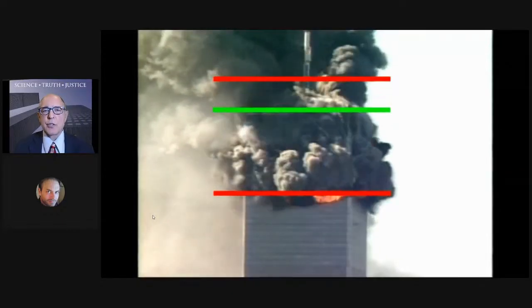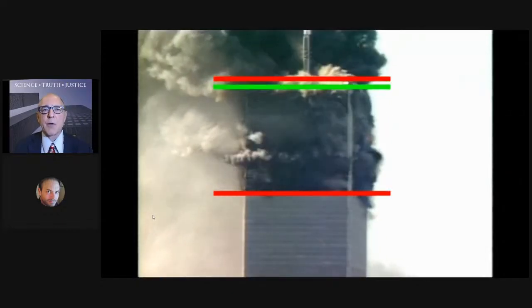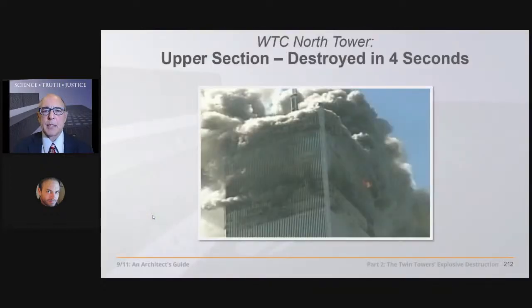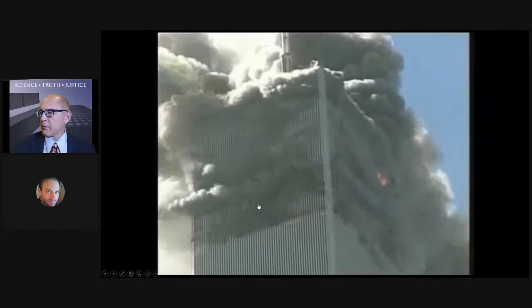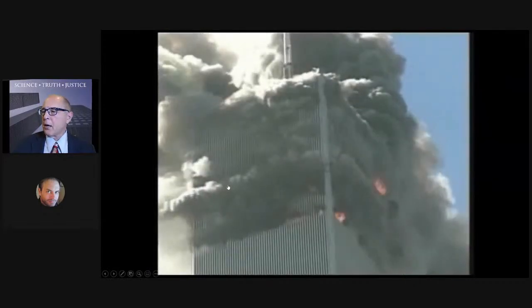The top part is destroying itself, just like the Volkswagen would be expected to. Question is, what's destroying it? And we're coming to that. Look at it. Just like the firefighters said, with start and stop. Like the firefighters said, a band of explosions wrapping all the way around the building simultaneously